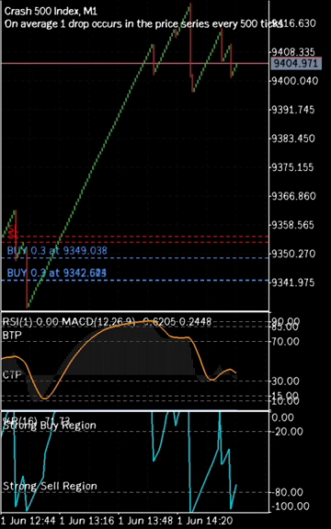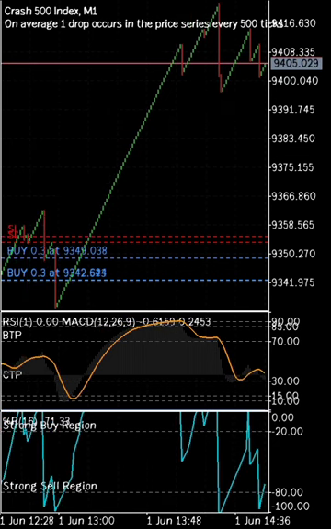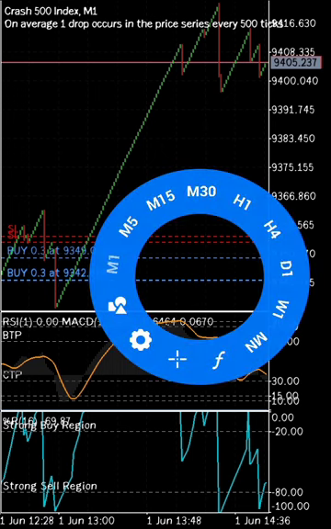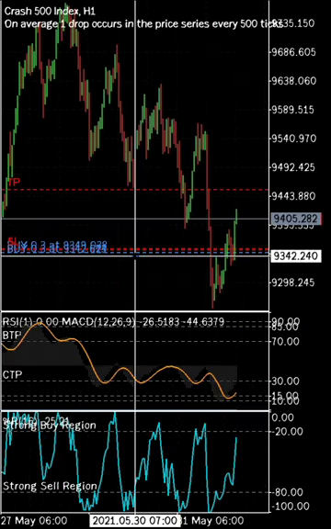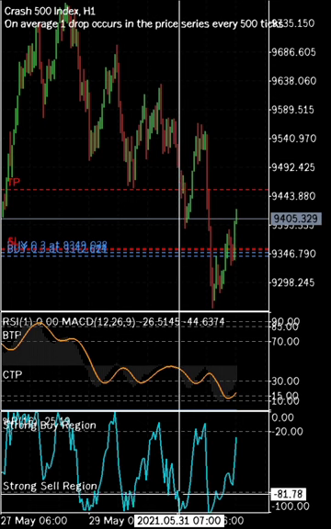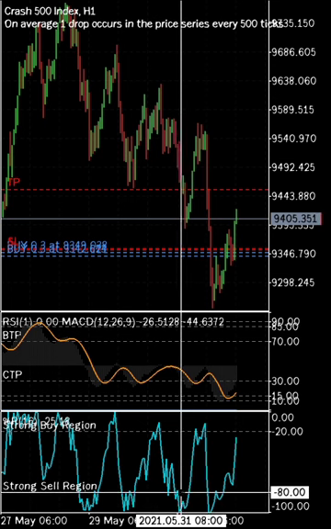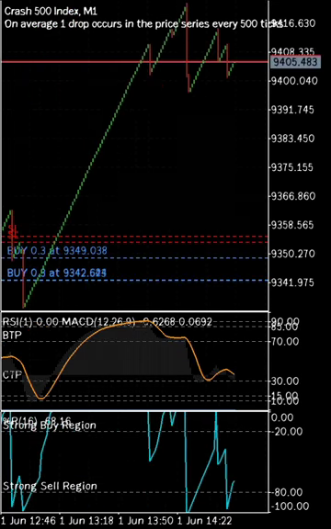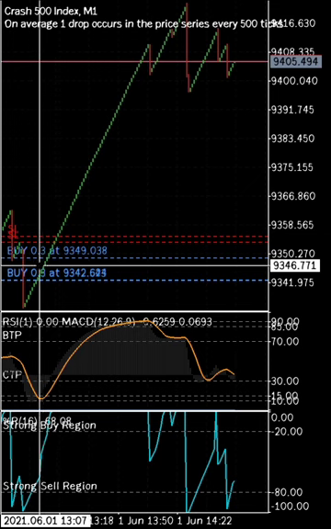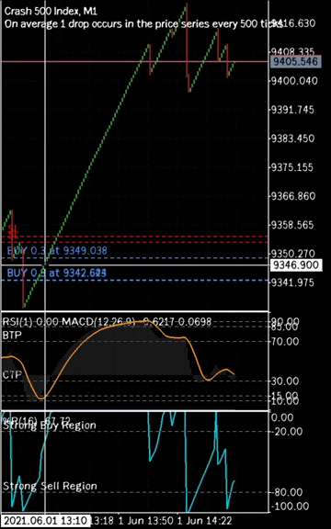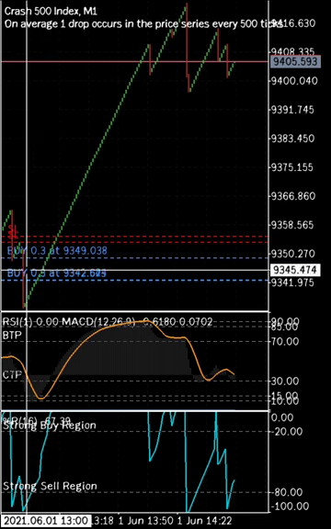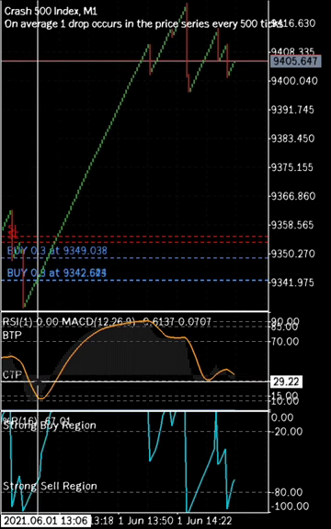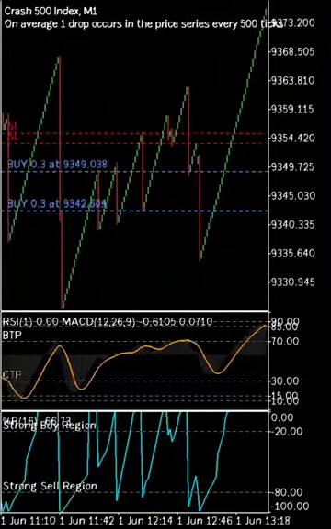So guys, that's just it basically. You go to the 1 hour time frame. I do not exceed the 1 hour time frame. Go to the 1 hour time frame, check for an entry. Check if the Williams percent rate is at this strong sell, that is for boom, and at this buy, that is for crash. And then you come down to your 1 minute and wait for the MACD to approach this 30 level, and then you enter. That is if you want to scalp, you enter at this point, and you exit at this point. Let's do a quick back test before we end this video.